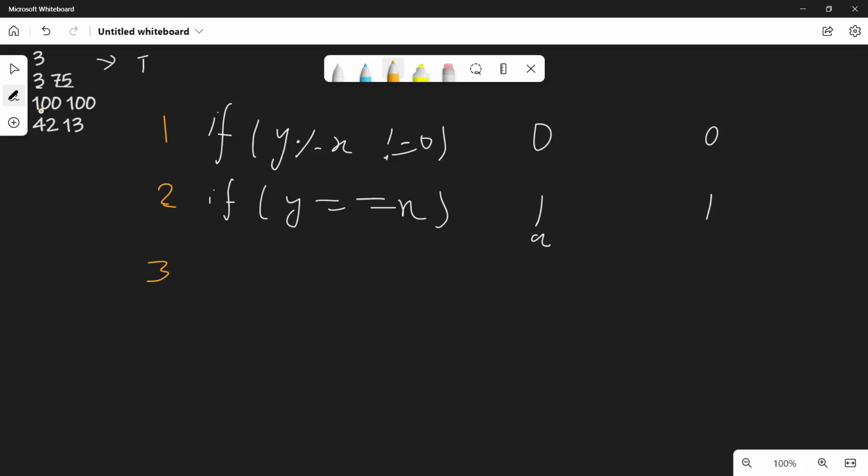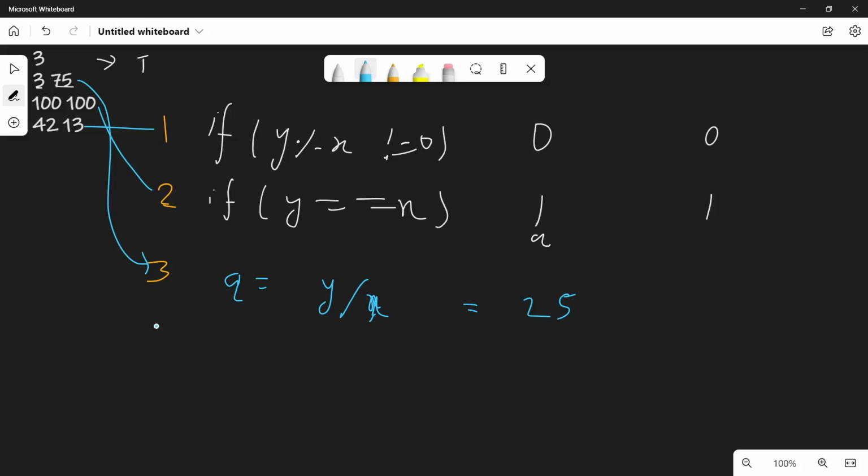And otherwise, the third case, this is the first one, this is the second one, and this is the third one. We need to find first the quotient of y and x. We are denoting the quotient with q, which is y by x. In this case it comes to 25.